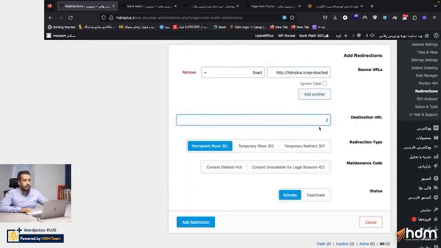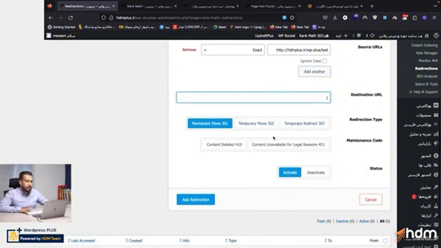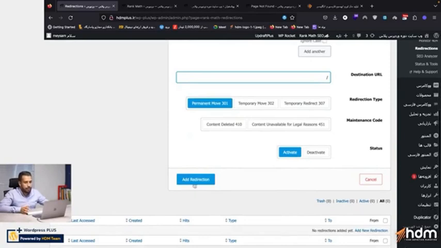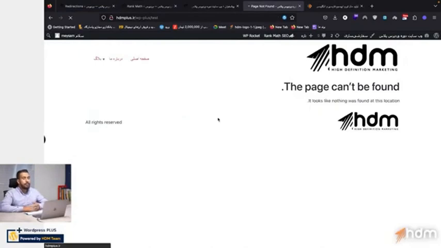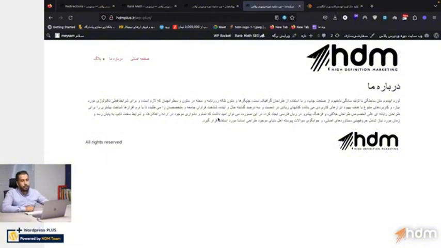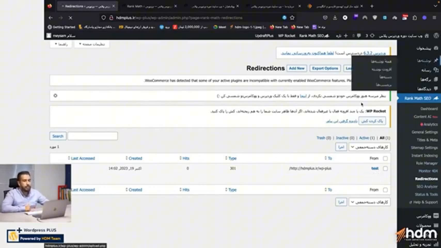Now here it tells me, okay, what type of redirect is it? For example, is the redirect temporary? Meaning, what is its main transfer code like? This depends on the type of redirect you are going to set up. And when I set this up, it will redirect this page for me. Meaning, whenever someone opens this page, they will be transferred to my main page. Do you see? This is the discussion about that redirection, and the subsequent topics, which are the general settings